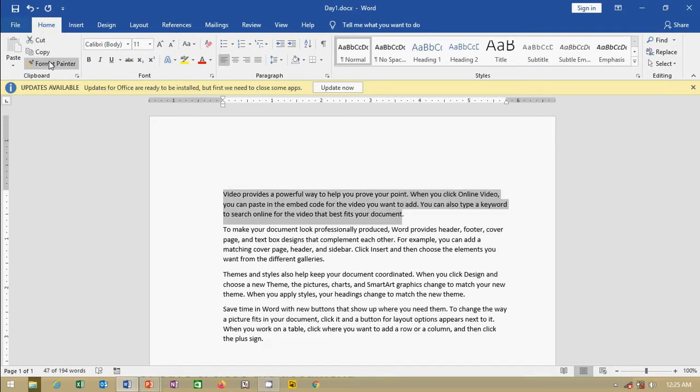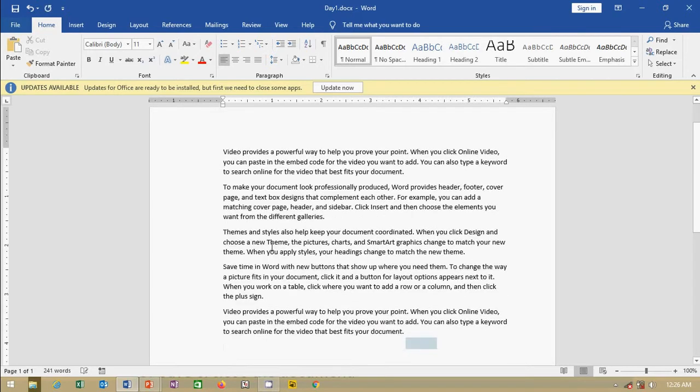After selecting this, in the Home tab the option will be highlighted. If you click here without a selection, it is not highlighted, it is not active. If you select the text, it will be activated. So click copy, or, what is the shortcut key of copy? Control C. Then I am going to paste here. You can click paste, or press Control V from the keyboard, and it will be pasted, right? This is the way we can copy and paste.